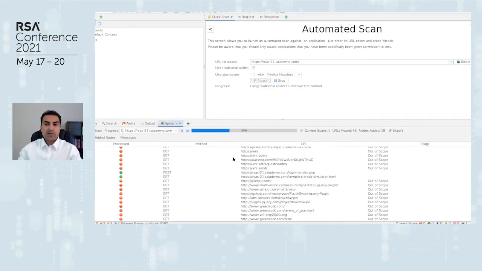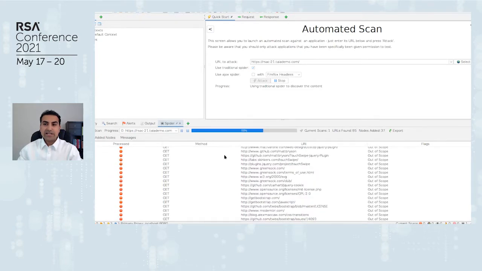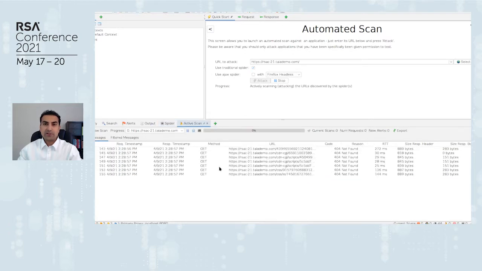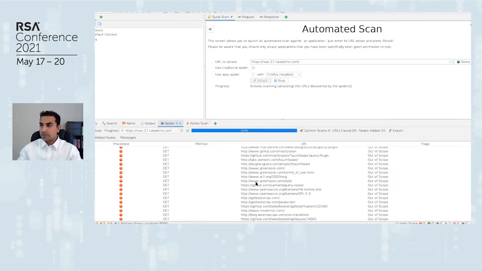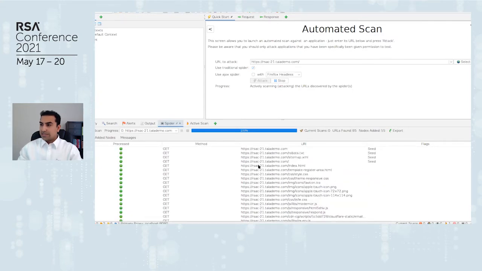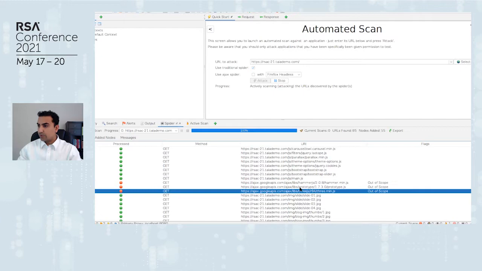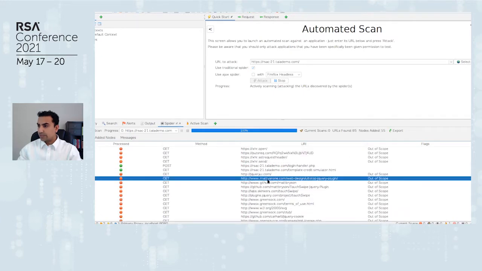As this website is quite small, it will only take a few seconds for ZAP to trace all the dependencies, all the third parties that are present on this site. As you can see, there are quite a few first-party resources that are loaded, and also some third parties that you can see are getting loaded here.